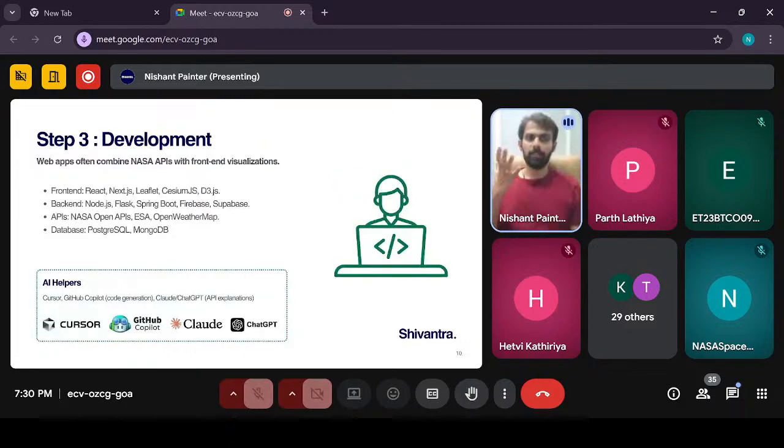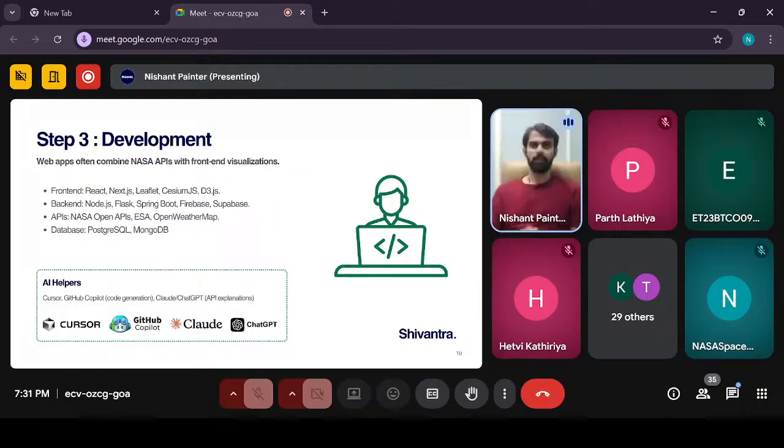Now, step number 3, which is very important, is the development part. Okay, so now let's break down how the development works. You now have the challenge, you have summarized what you need to do, and you have designed how your look and feel will be. It will have blue color, a red color button, this font color, this font size, and everything else that we do in the wireframe part. Now comes the point where we need to code this wireframe into an actually working web application.